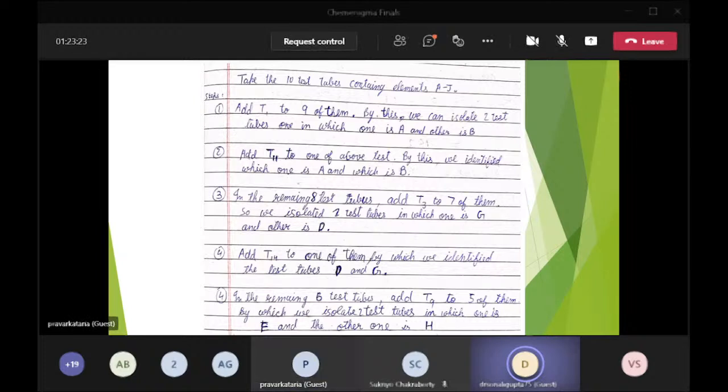Then we took the 2 test tubes and added T11 to them, the conformity test of A. So the one which gave positive will be A and the one which gave negative will be B. Now we have identified A and B. To the rest of the test tubes, we do a similar process and add T3 to 7 of them. And we see that only G and D will give